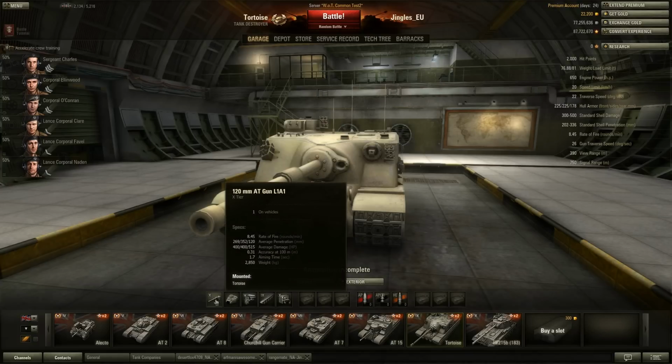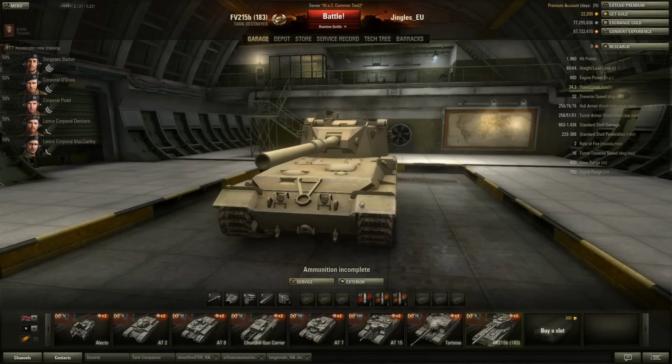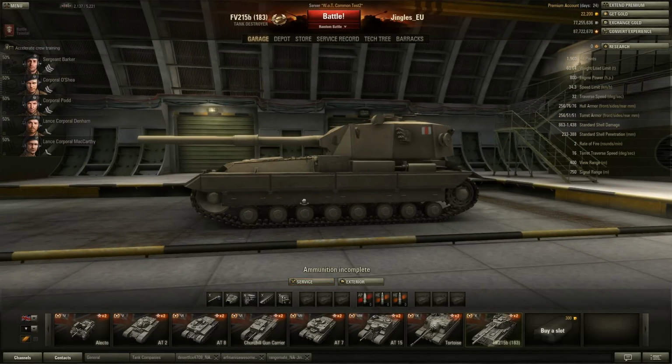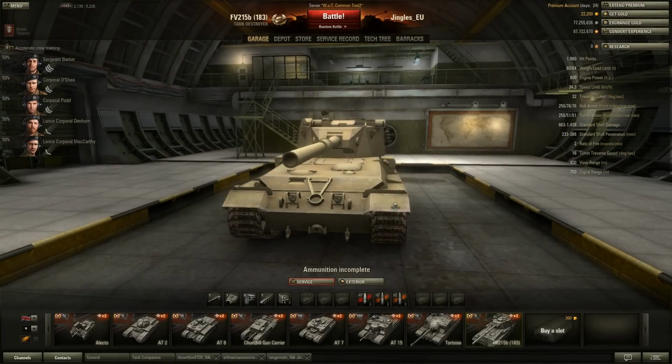Really, really good gun. 269 penetration, good rate of fire, 400 average damage, monstrously good accuracy and aiming time, 0.31, 1.7. But this is the bad boy that's making everybody shit their pants. The FV215B with the 183mm gun. Yep, that's right, 183mm. And as if that wasn't scary enough, well, this thing, excuse me,